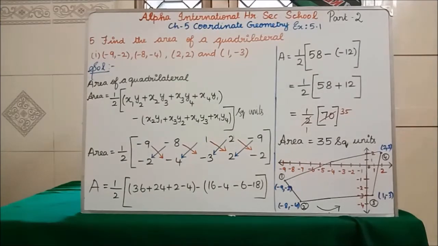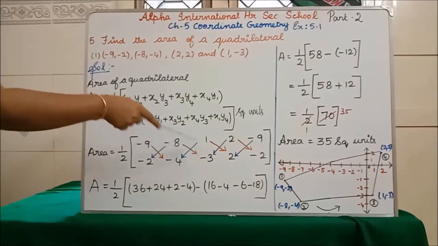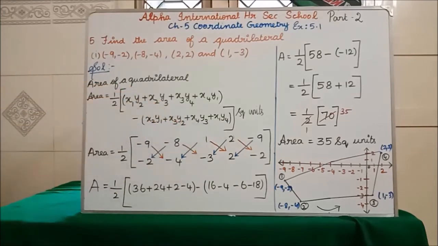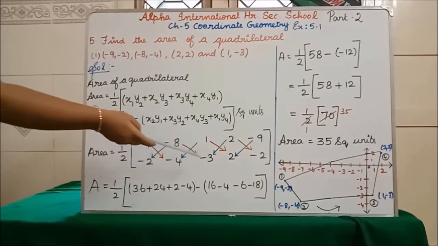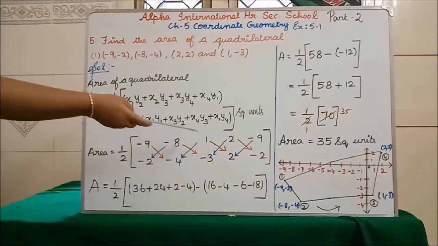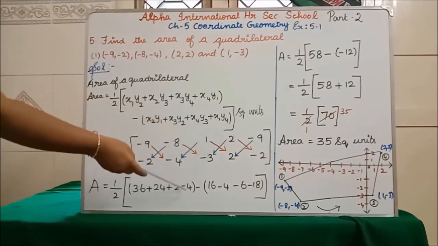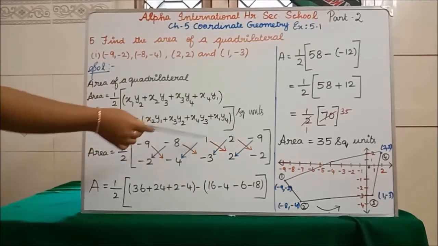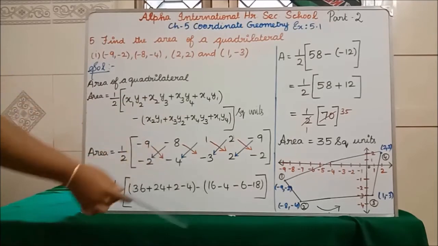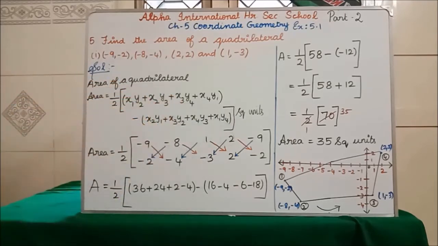Then the remaining is as usual, like the area of the triangle model only. First we have to put one side arrow mark. Students, you have to put from left to right only. Red arrow mark only you have to put first. Clear all of you? So 9 4s are 36, minus minus plus. 8 3s are 24, minus minus plus. 1 2 is 2. 2 2s are minus, so minus 4. In between minus, now we are going to do it in the opposite. 8 2s are 16. 1 4s are minus 4. 3 2s are minus 6. 9 2s are minus 18.